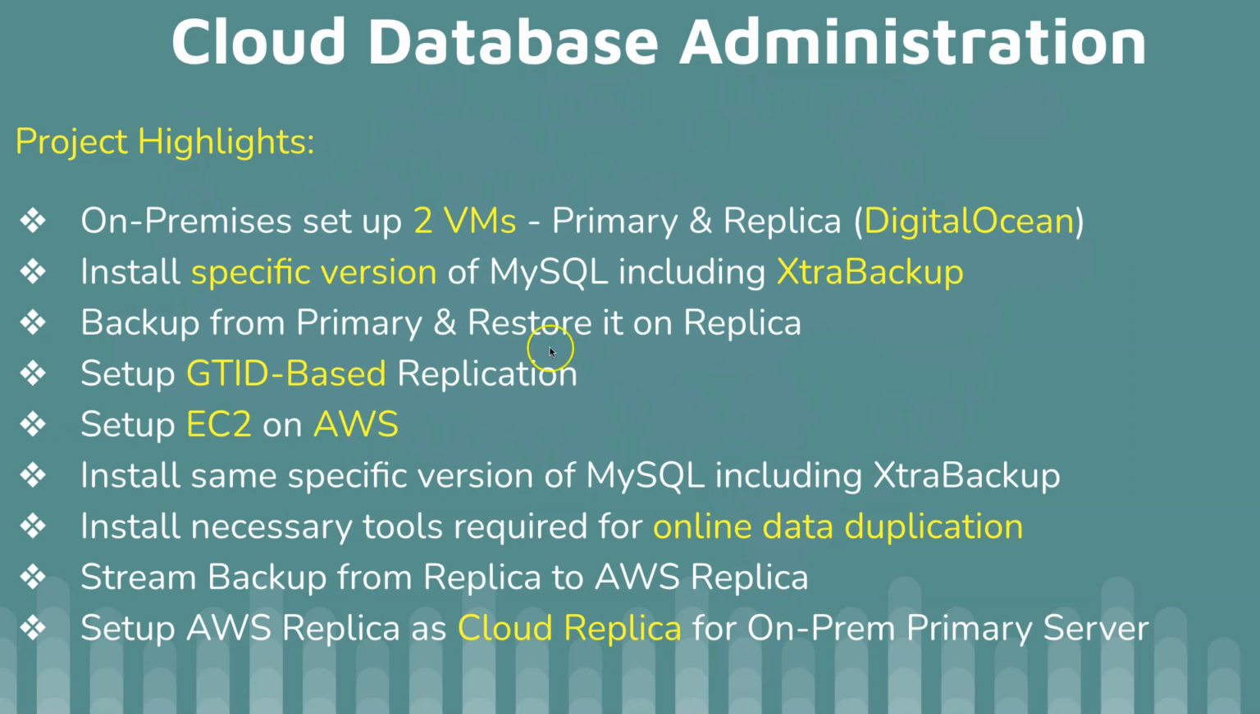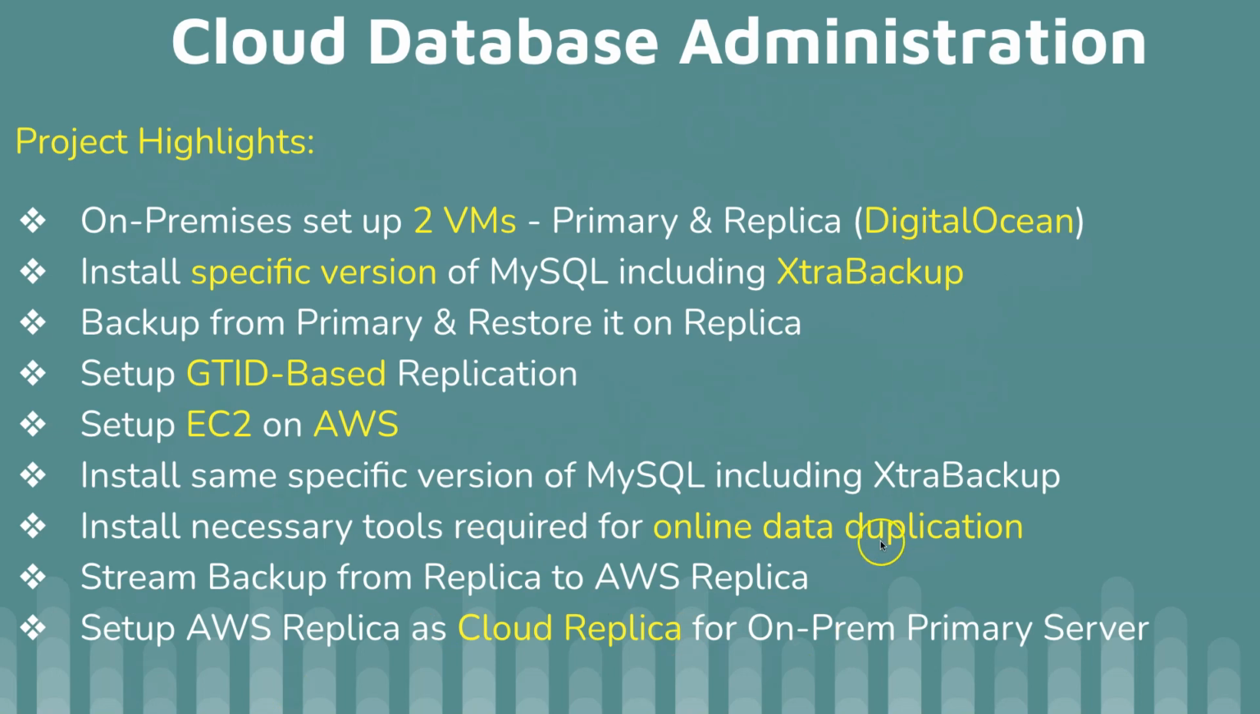Once this setup is done, we will go ahead and use AWS to set up one EC2. We will have our own EC2 on Amazon Linux 2. Here we are using CentOS, or actually we call this a Red Hat based system. So these are Red Hat based systems, and Amazon Linux 2 is also Red Hat based, so we will have no problem. Same specific version of MySQL and Xtrabackup on the EC2. Everything will be the same, and then there are certain necessary tools that are required for online data duplication,